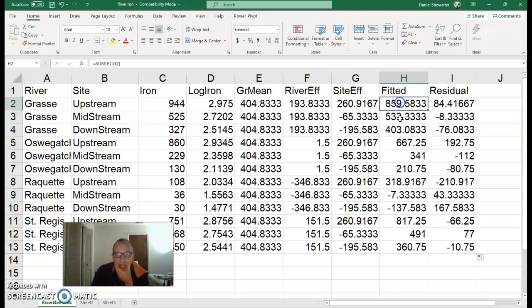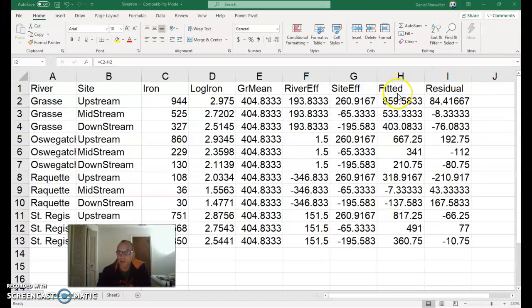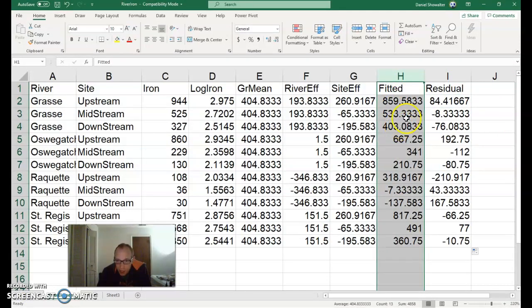I could drag that formula down if I needed to. But here I now finally have a predicted value for each of the 12 data points, and then how far off from the actual was I with these 12 points. Just as a quick check, the fitted values here, if I select this column, notice that my average, you may not be able to see this, but at the bottom of the screen it should give you an average